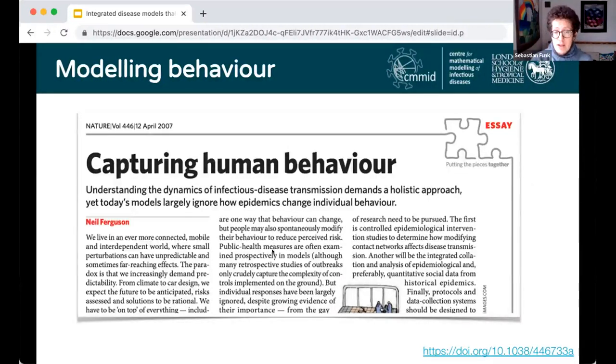If you think about the models that have really influenced policy, for example in the UK, there's no element there of epidemics changing individual behavior. It's not to say that there isn't more work having been done, and I think Kit showed a really interesting example of that earlier. But I think again, the models that have been used for policy haven't addressed this. I highly recommend looking at this essay. I think looking back at this, to me, it really reads remarkably prescient.